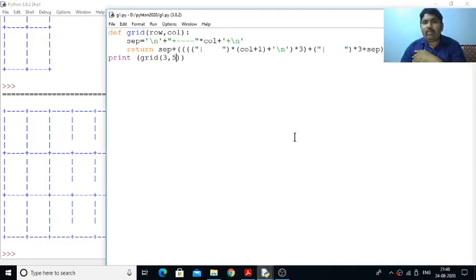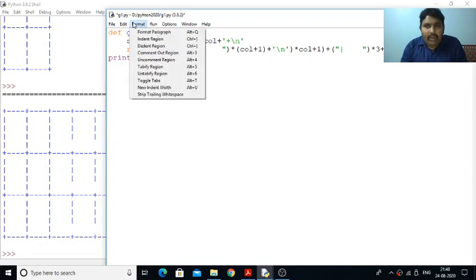In this particular place where we have only 3, in the place of 3 we can simply put the number of columns plus 1, the same condition.